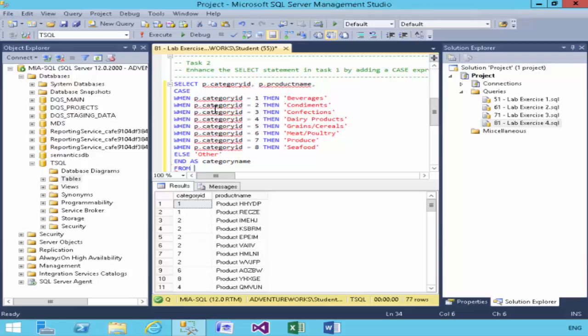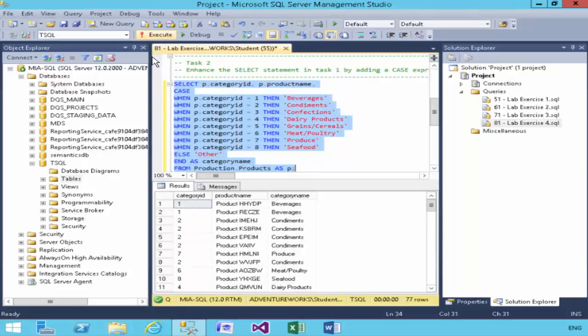And we need to end the case statement, end as, and we're going to call the column that it will create, an auto-generated column, category name. So now if we run this query, you have a new column called category name, which is populated with words, category names which relate to the category IDs.